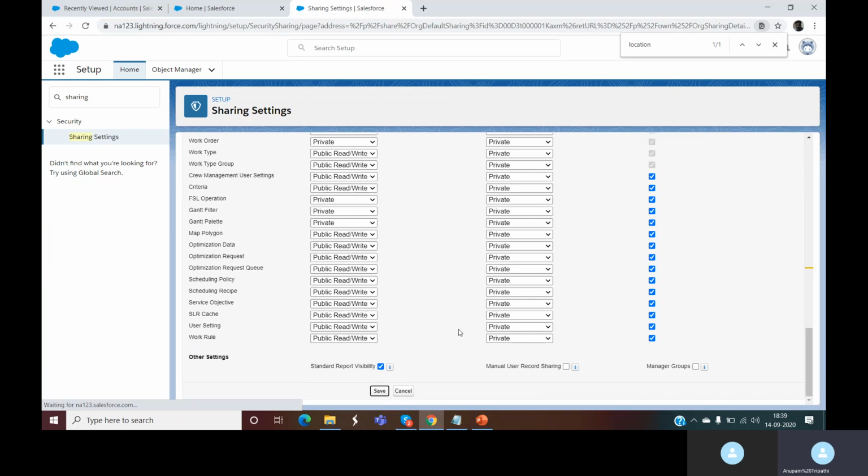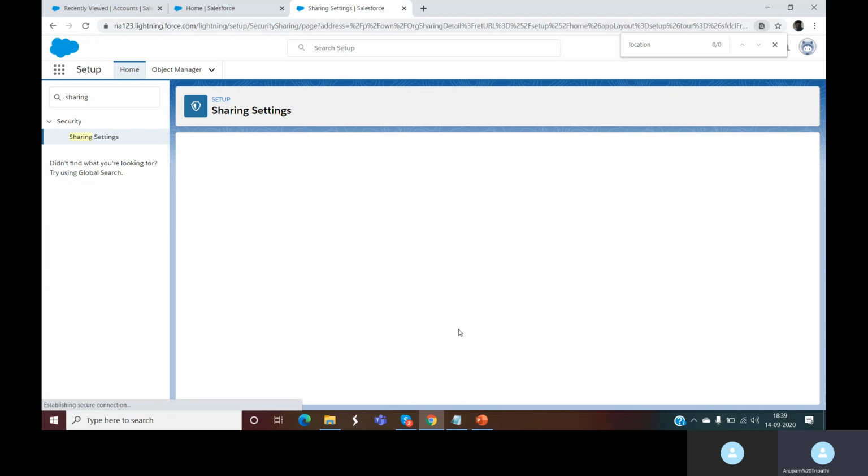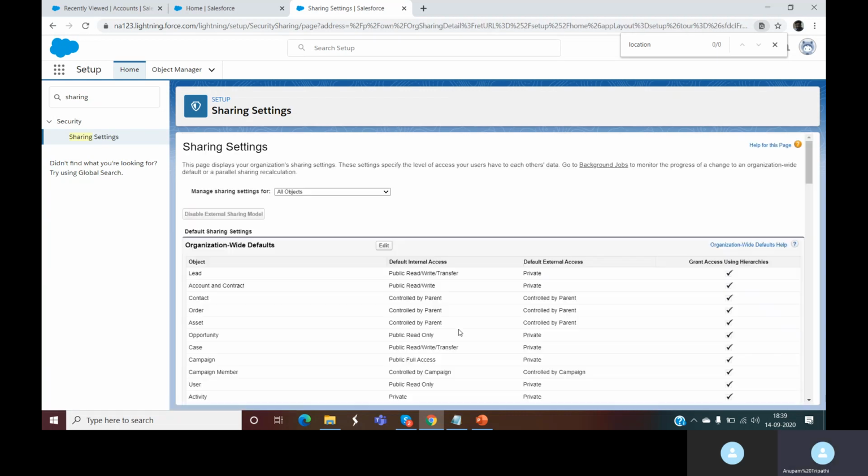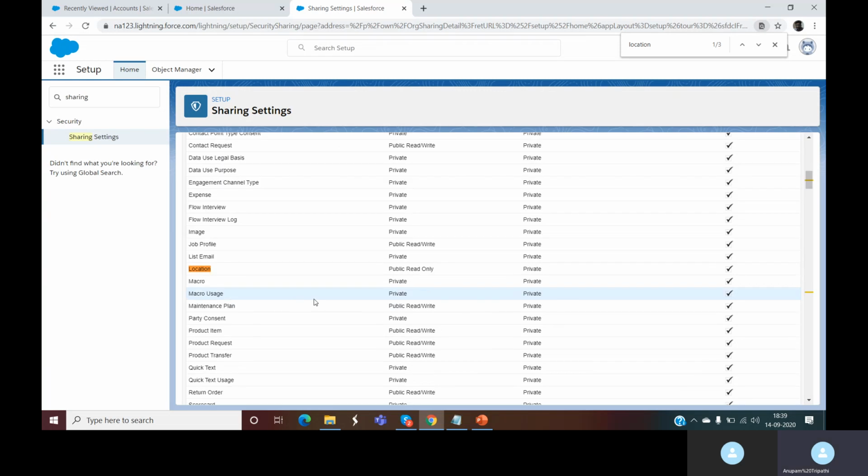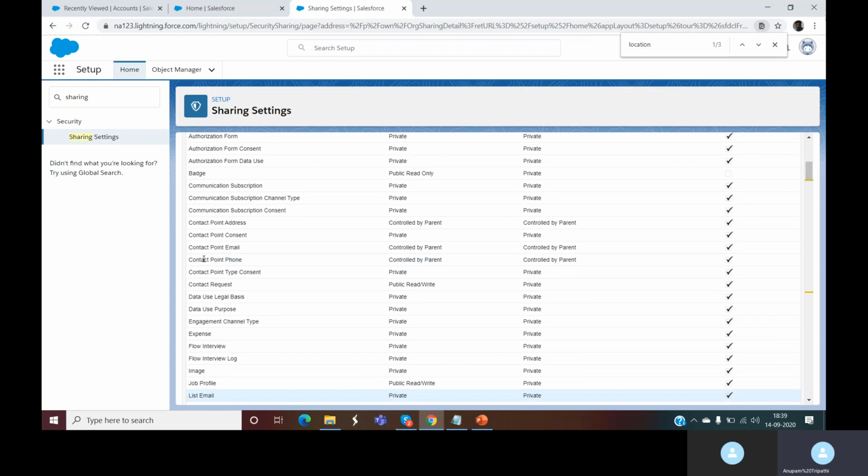So you can just go and save it, and all the configurations will be done. And then we'll update the sharing configuration for assigned resources.